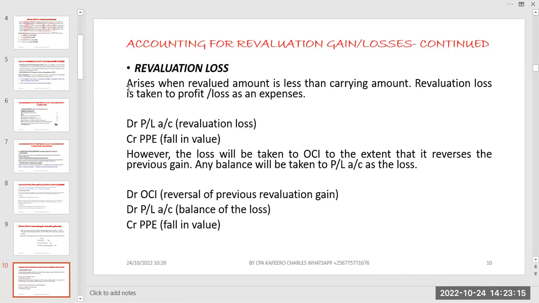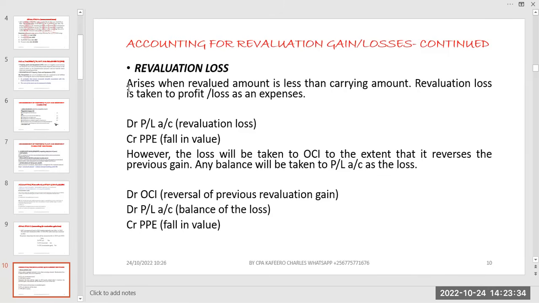That is the implication. So what we do, if today we have got a loss of 10 million and the next revaluation we get a revaluation gain of 15 million, what happens is that